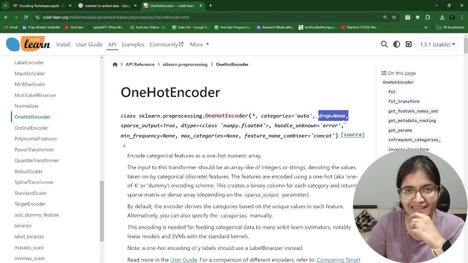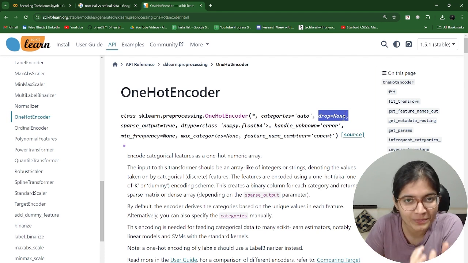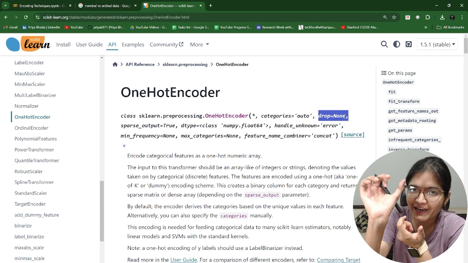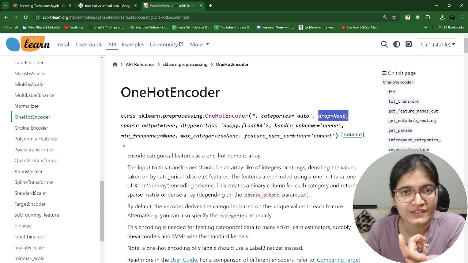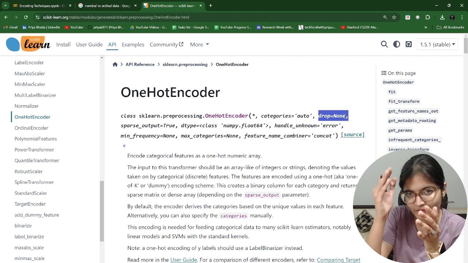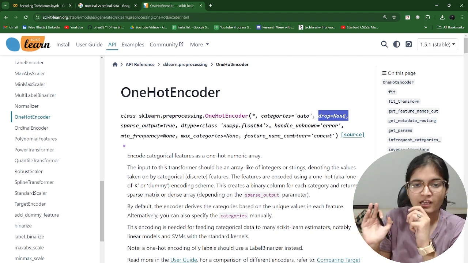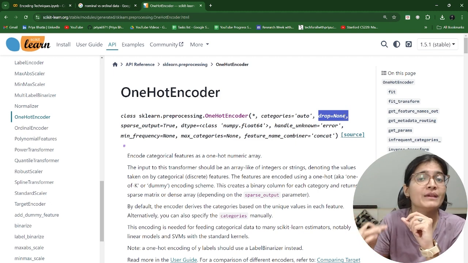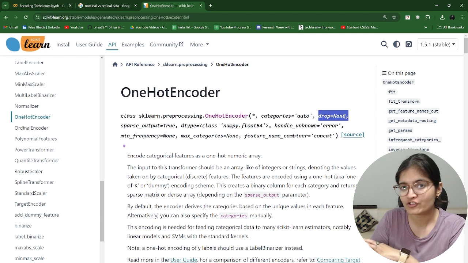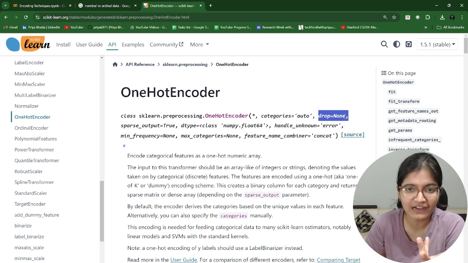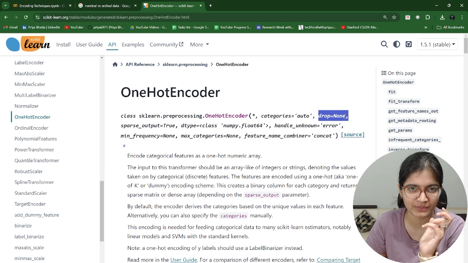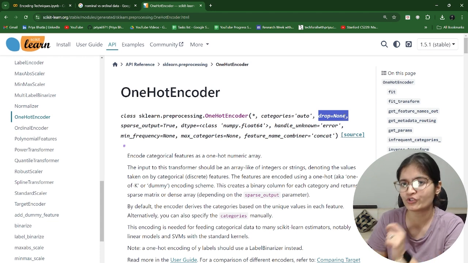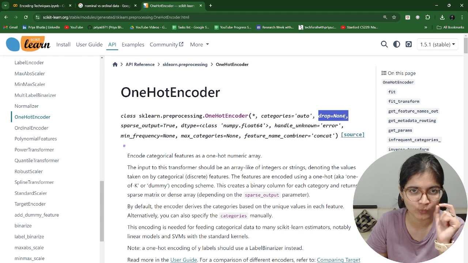But if you say drop is equal to first, you are saying to drop the very first column which you are creating, so that there will be no dummy variable trap. You can make it last also, whatever you wish, but always make sure you get rid of this dummy variable trap whenever you're working with encoding techniques. It's one of the most crucial points which I want to convey over here.